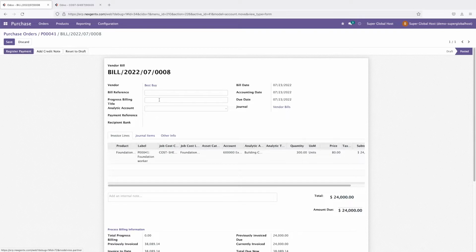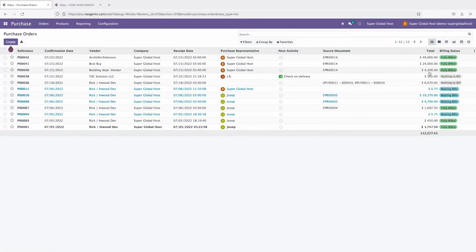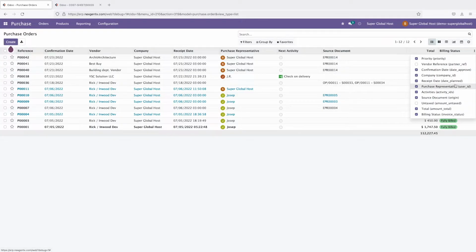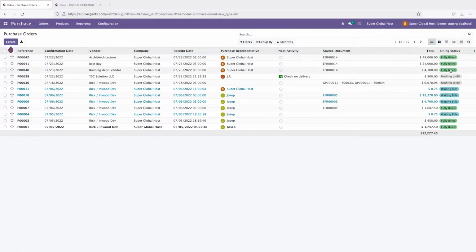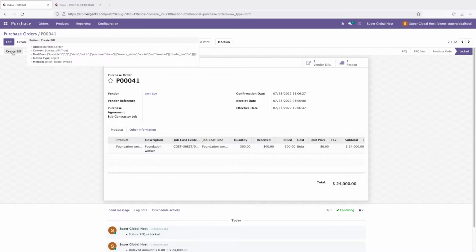Okay, this is confirmed, but we want to pay this later after completing this task. So it will be up to this one. If we go, so those are all fully billed. And if we check the payment status, this is the status of bill, so those are fully billed. Okay, so also this payment we can make a partial, not full. For example, if we vendor bill,